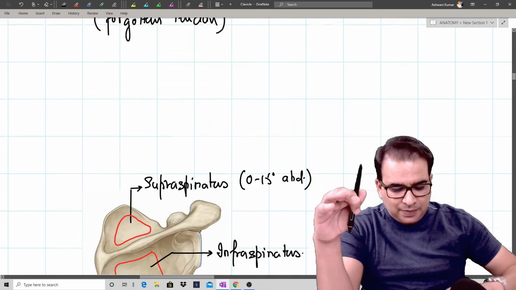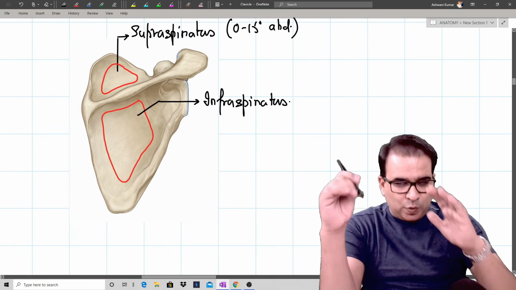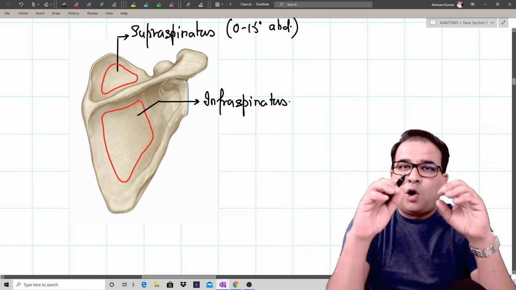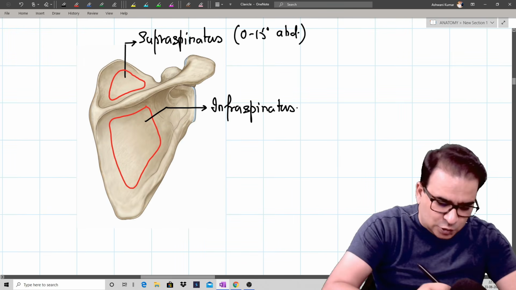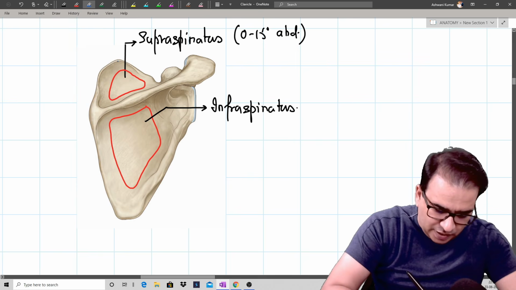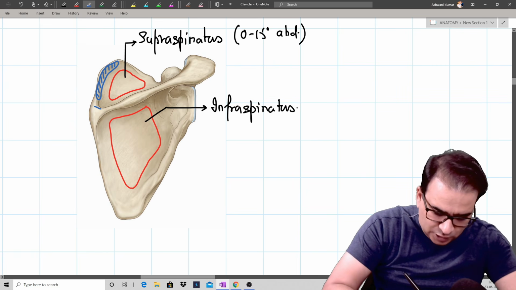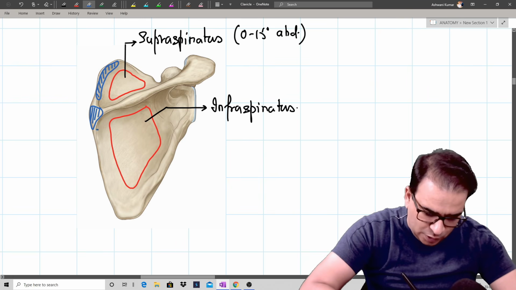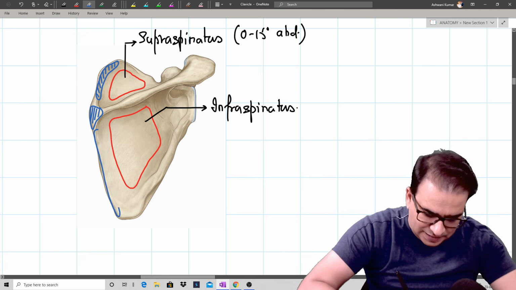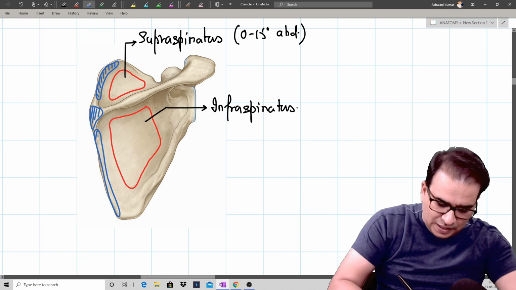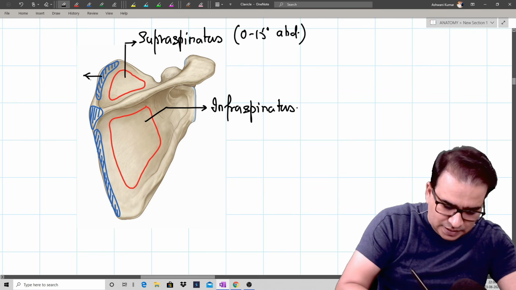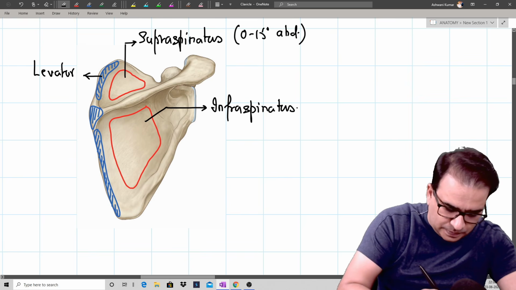Similarly, when you turn the scapula, this will remain the same. So when you look at the medial border of the scapula, it is all about insertions. From the superior angle till the root of the spine, we have insertion of levator scapulae. Exactly at the root of the spine here, we have insertion of rhomboideus minor, and below the root of the spine, till the inferior angle of the scapula, we have insertion of rhomboideus major. So this here is the levator scapulae.